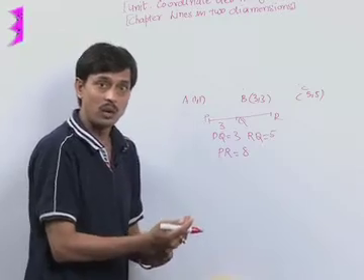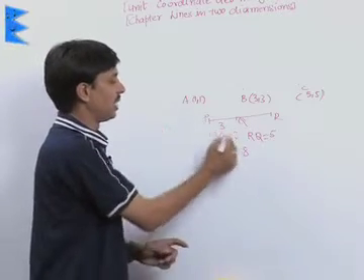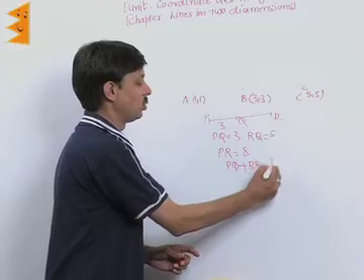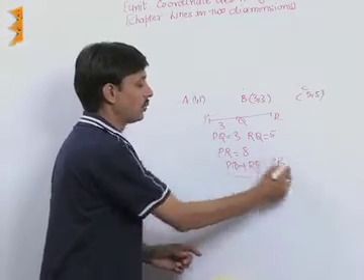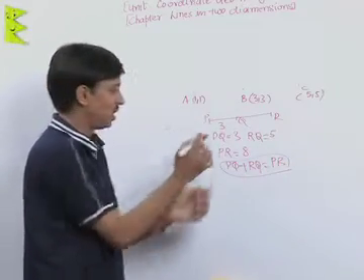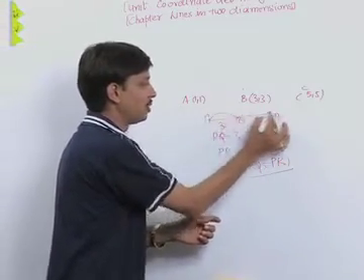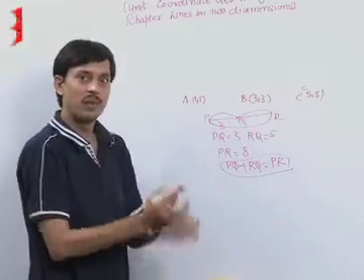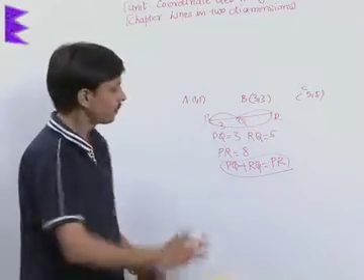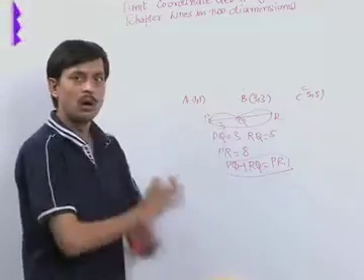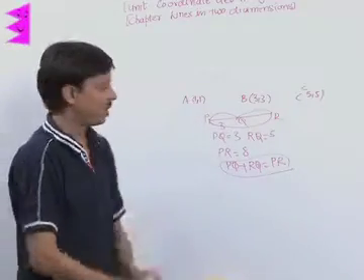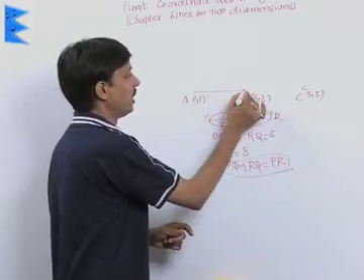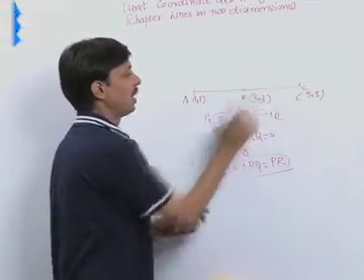So what do we conclude here? We conclude that PQ plus RQ is equal to PR. So if the sum of two smaller distances, that is PQ plus QR, is the same as the final distance PR, we say points are collinear. If it is not so, points are not collinear. So we will apply the same idea here, that is AB, BC and AC.